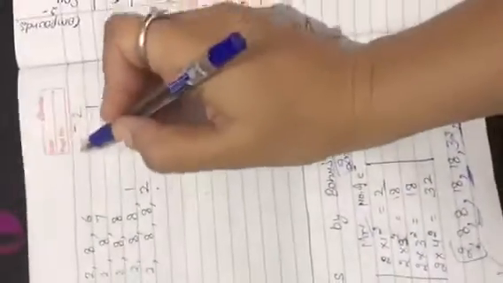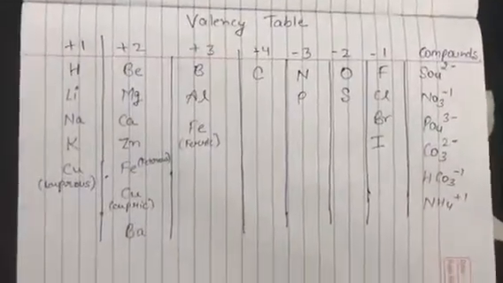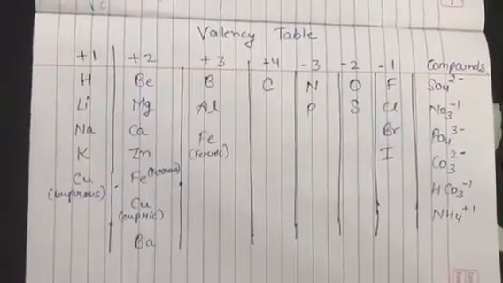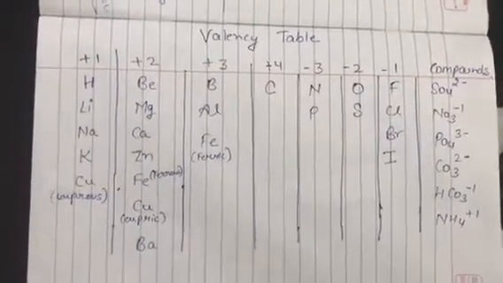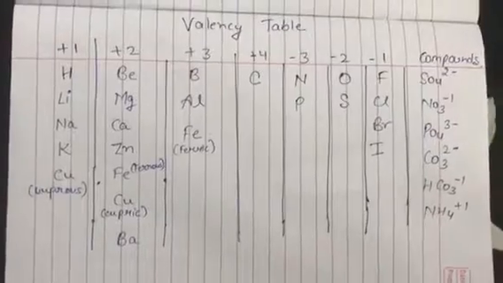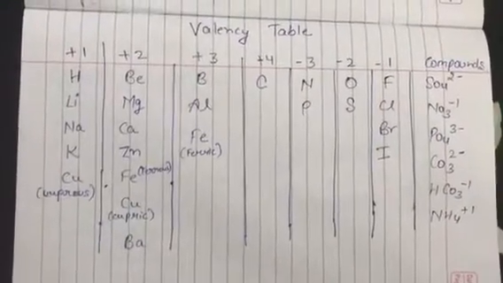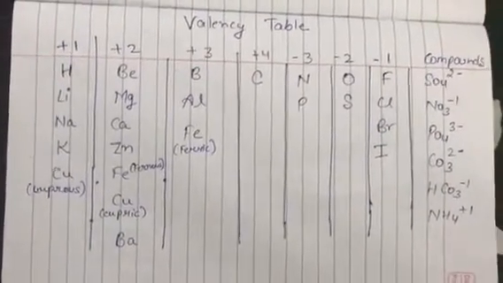Practice this topic at your home. Now our next topic is valency for those elements which we will require for balancing. I gave you a table, and this table was given in your 9th NCERT book, and I hope you have learned this table and you are already familiar with it.